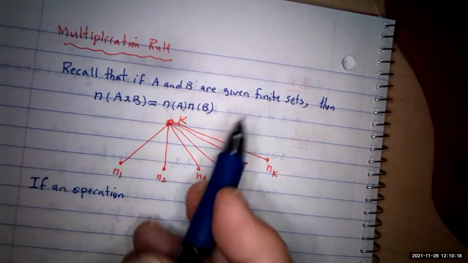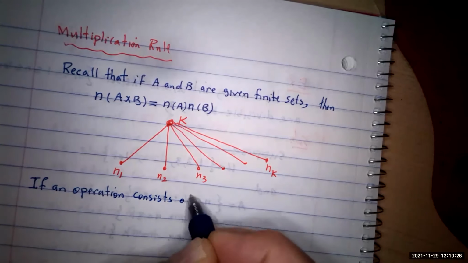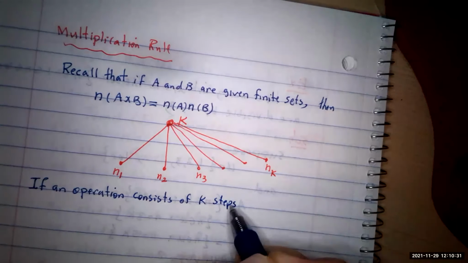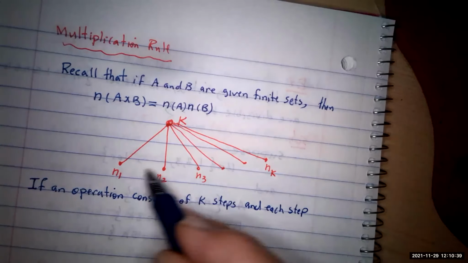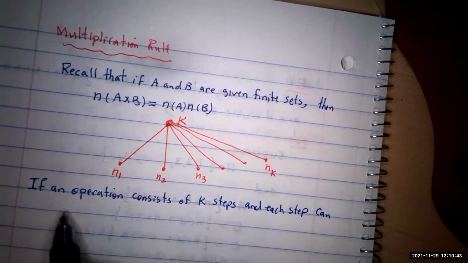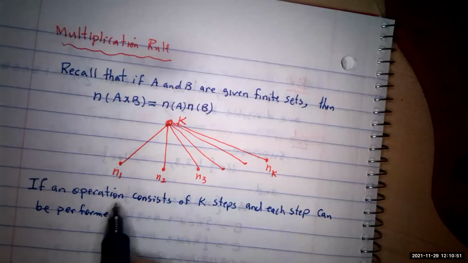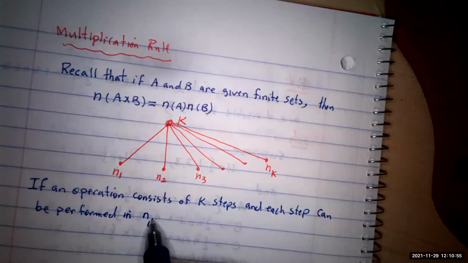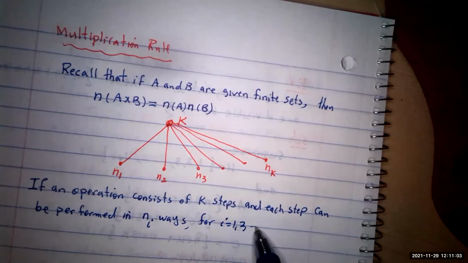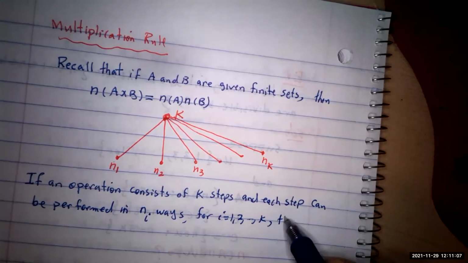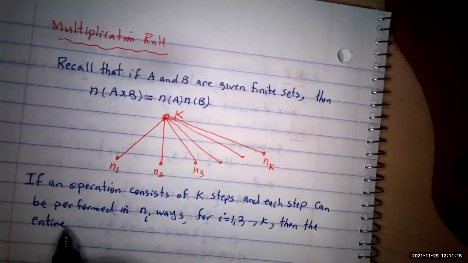So if an operation, I forgot about sets, if an operation consists of K steps, and each step can be performed in Ni ways, for i equal to 1, 2, up to K, then the total job, the entire operation